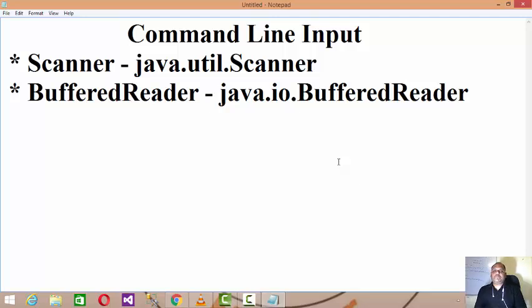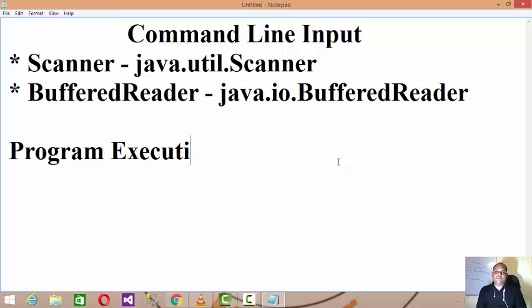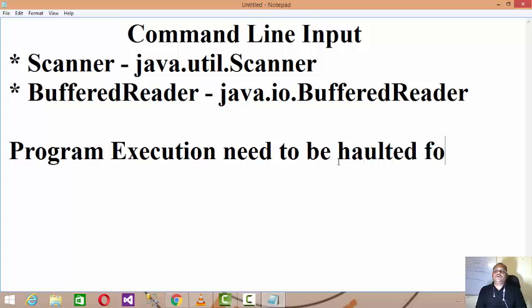Now, after having discussion on the scanner and buffer reader, though buffer reader has advantages over scanner, in both the techniques, scanner and buffer reader, program execution needs to be halted for data input.